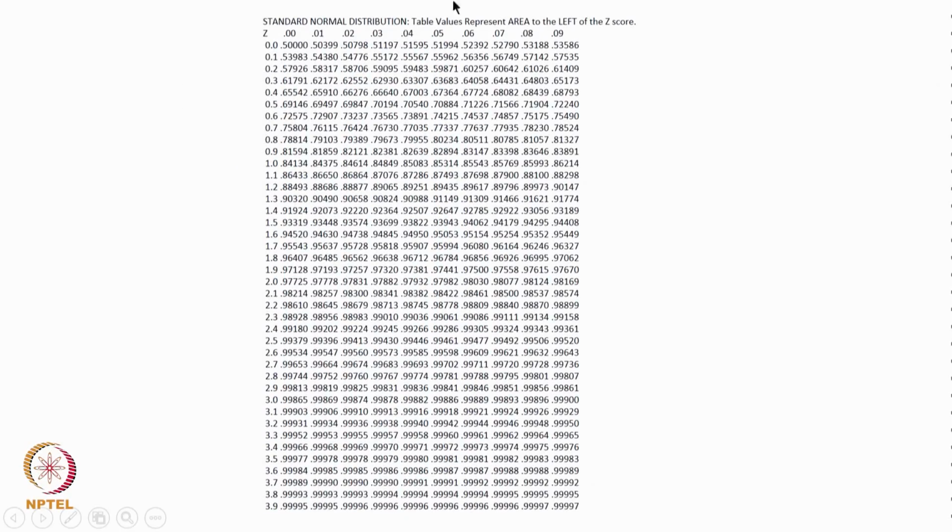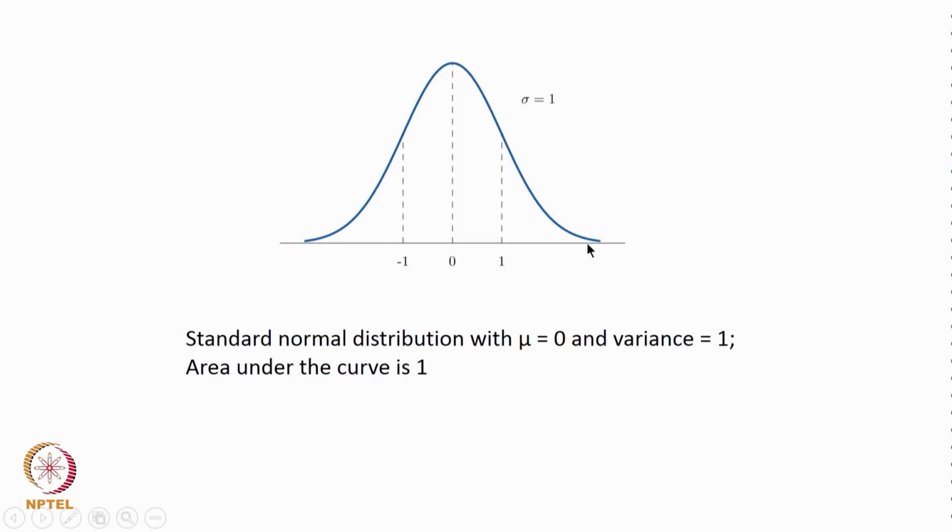If you look at the next table, once again z equal to 0, the area is 0.5, and as we keep increasing z, the area to the left of it keeps increasing, and you realize that at 3.99 the area is 0.99997. So, that is where this 3 sigma becomes important. Remember z is equal to x minus mu by sigma. So, when z is 3, then x minus mu is equal to 3 sigma. So, the area to the left of 3 sigma is 0.99997. So, roughly your 3 sigma will be somewhere here.